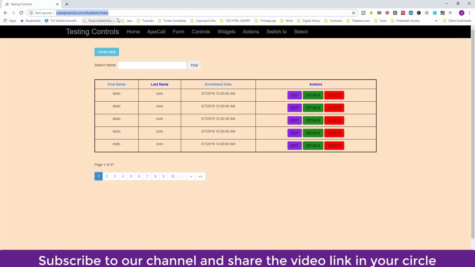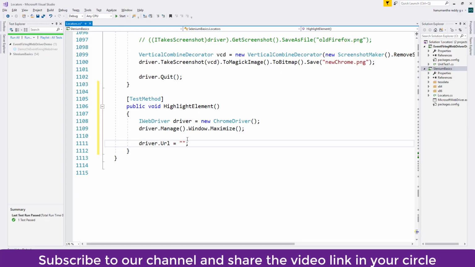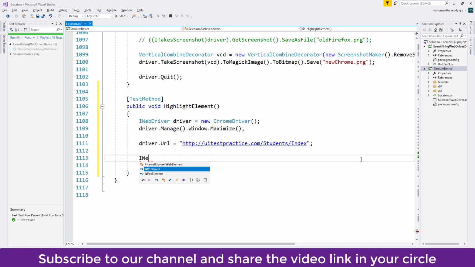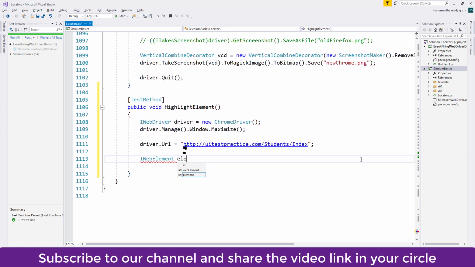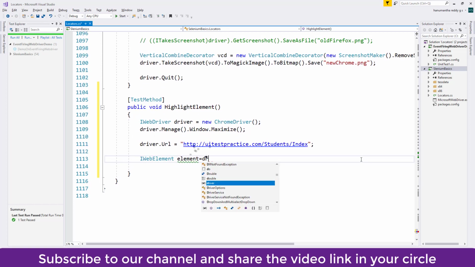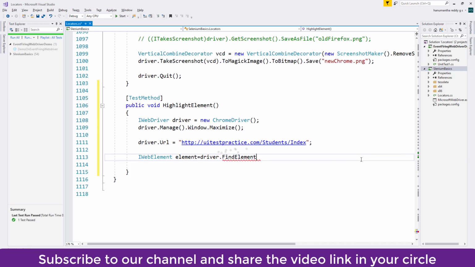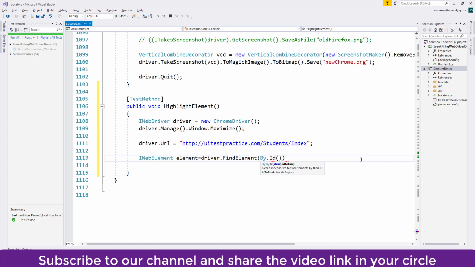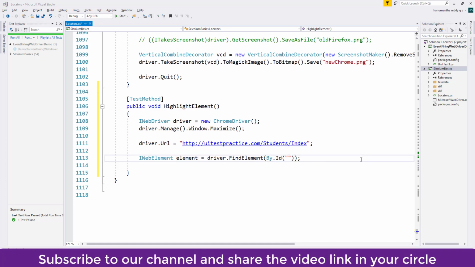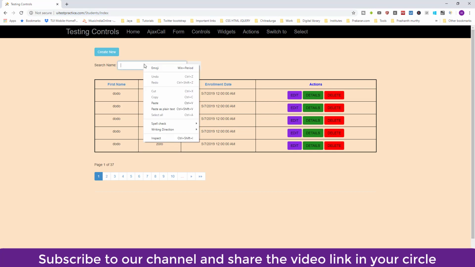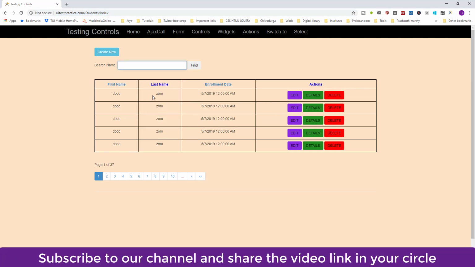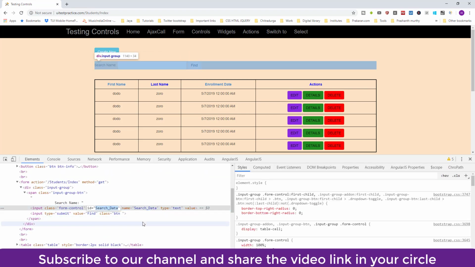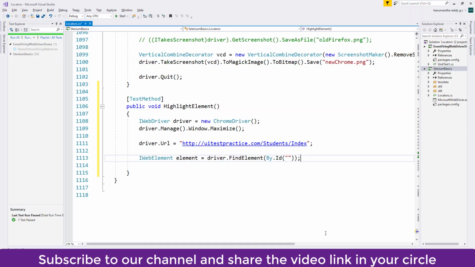The URL will be this one; I'll copy it and paste it here. Then I'll create one IWebElement and call it element, equal to driver.FindElement(By.Id(...)). What is that ID? Let's go to the UI and verify. This is the element I am planning to do some activity on. It has the ID search_data. Let me copy this, go back and paste.